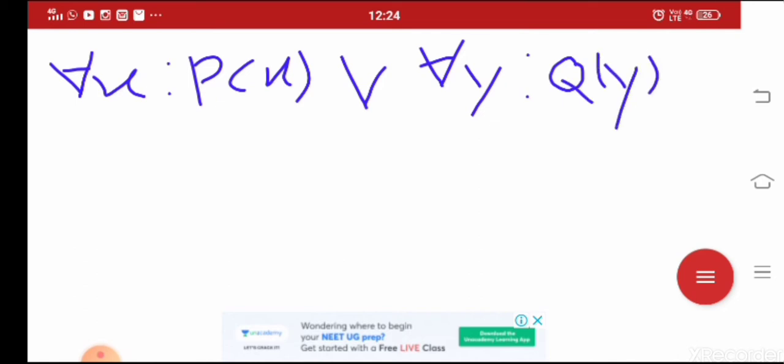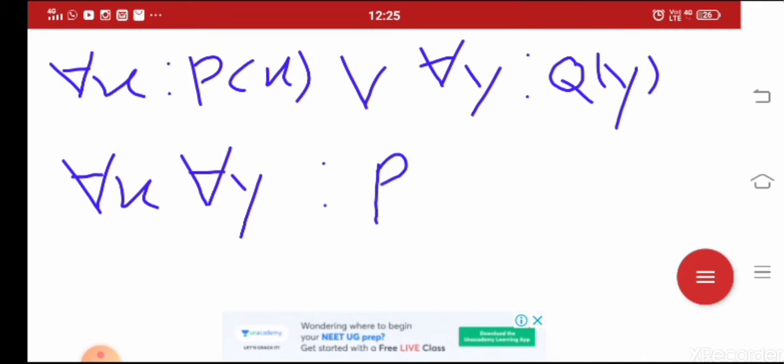So after moving all the quantifiers to the left, what we'll get is universal of x, universal of y such that p of x or q of y.